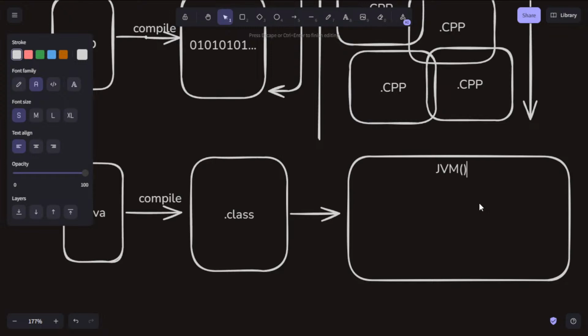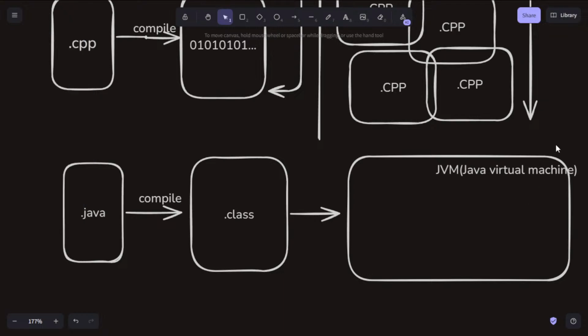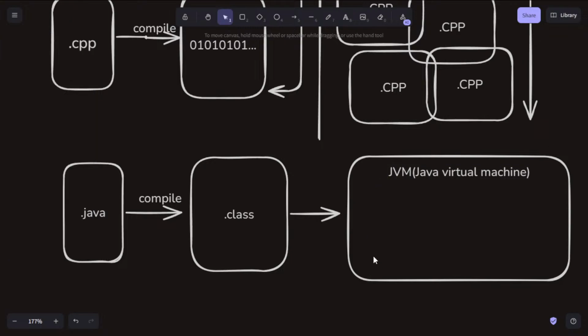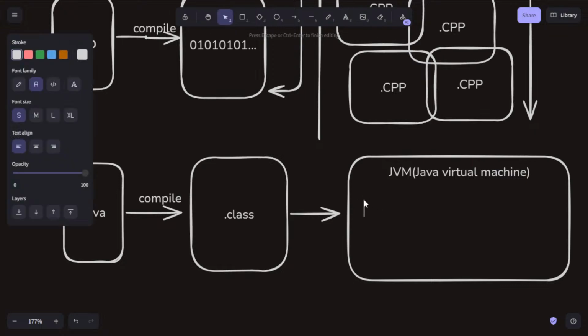JVM, and what do we call it? The JVM, Java Virtual Machine. And what does the JVM do? The JVM is going to interpret it.